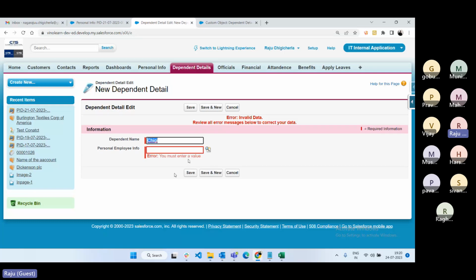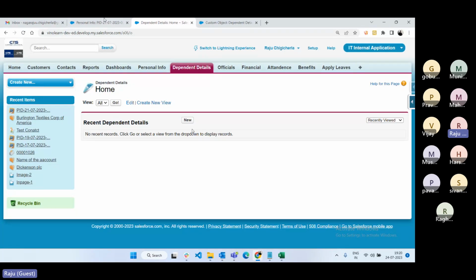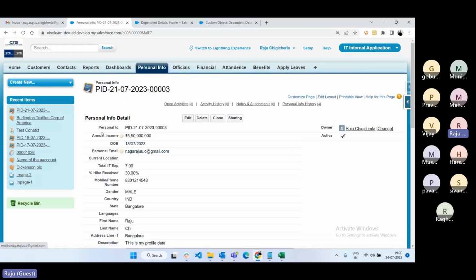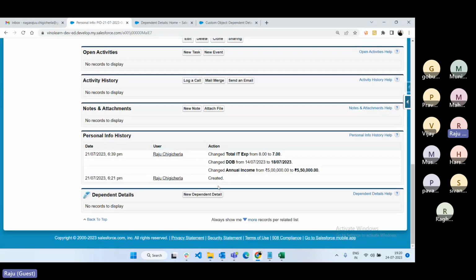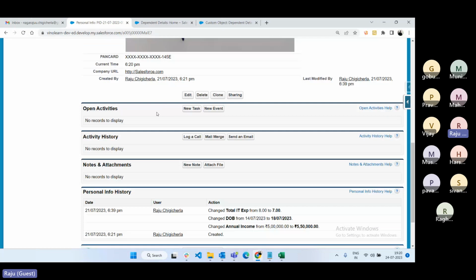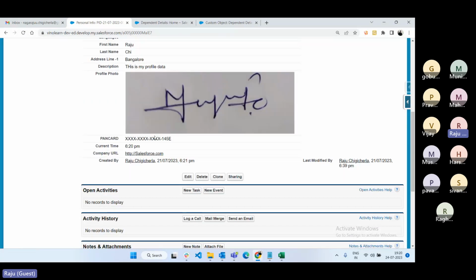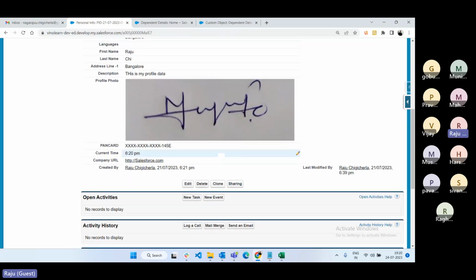Click on save now. It's mandatory. So the parent field is mandatory in the child object. Also, if you go to personal info and refresh now, one related list is automatically enabled. So you can simply understand that whenever an object is opened, this is the detail page, which means